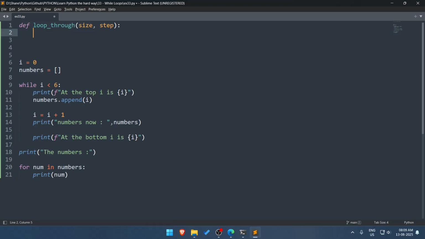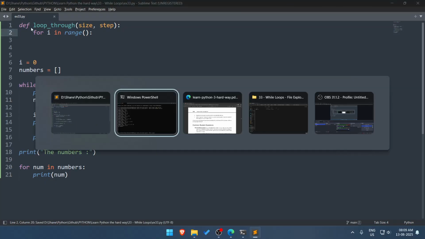That is the step. So for I in range size, step, I think this will go. I'm going to define size and then, okay, hold up.